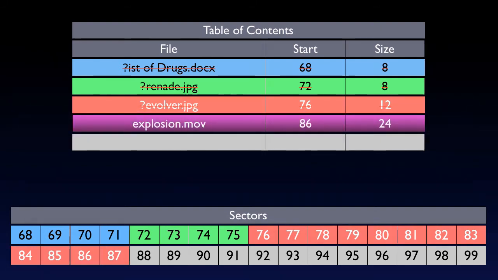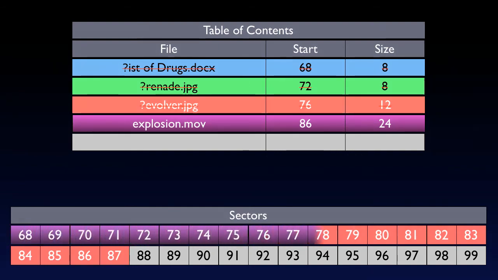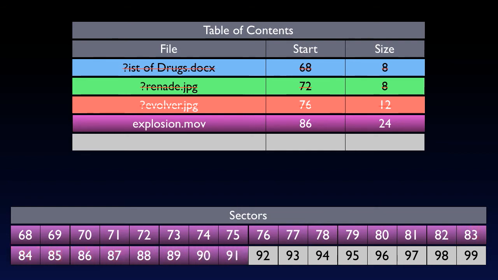So if I were to save a movie file called explosion.mov, and the table of contents says you can save this file starting on page 68 through 91 because it's 24 pages large, then we can never recover the list of drugs, the grenade picture, or the revolver picture because they've been overwritten. But wait, even though we can't recover the files themselves, there are many forensic artifacts on a